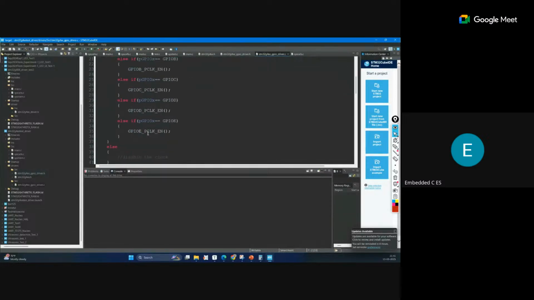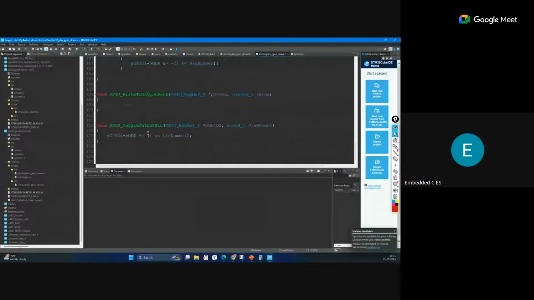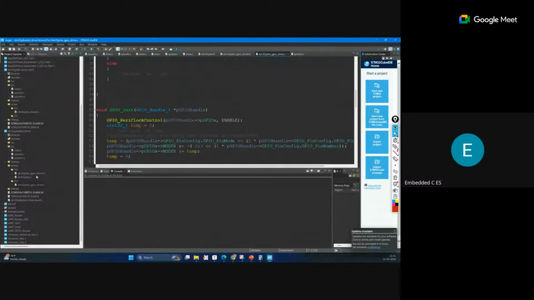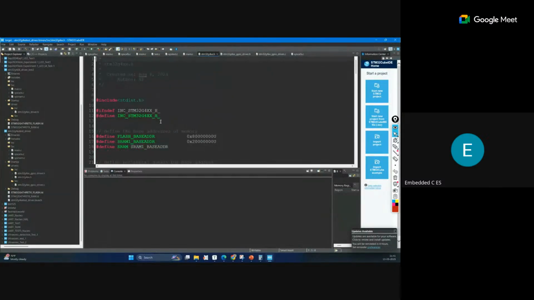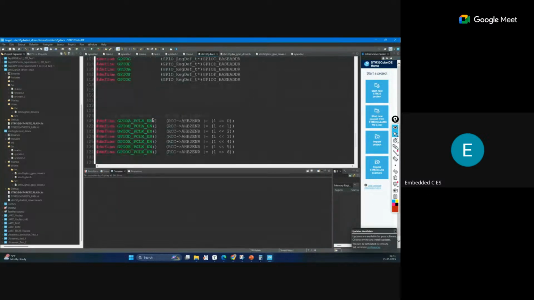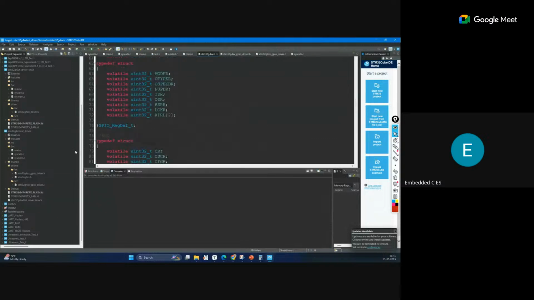Let me quickly go through this in detail. Not edit. Range.h. Okay, so I think